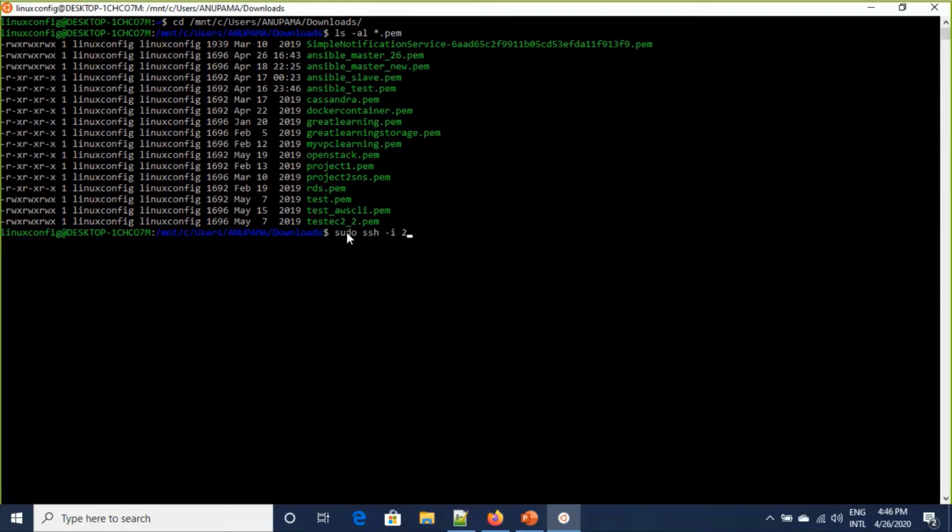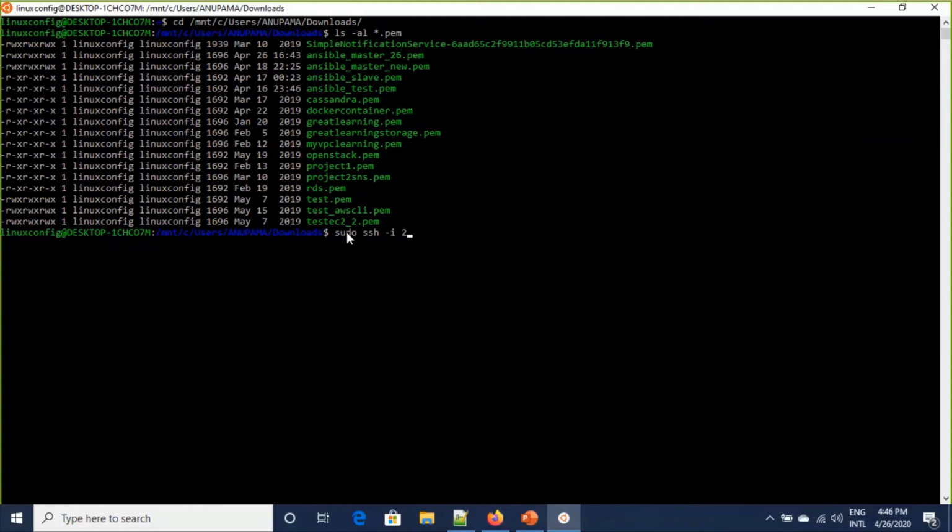This is the master's public IP. It is in initializing state, so let's wait for it to become active. Yes, now we can SSH. Here I'm able to SSH to that master machine.